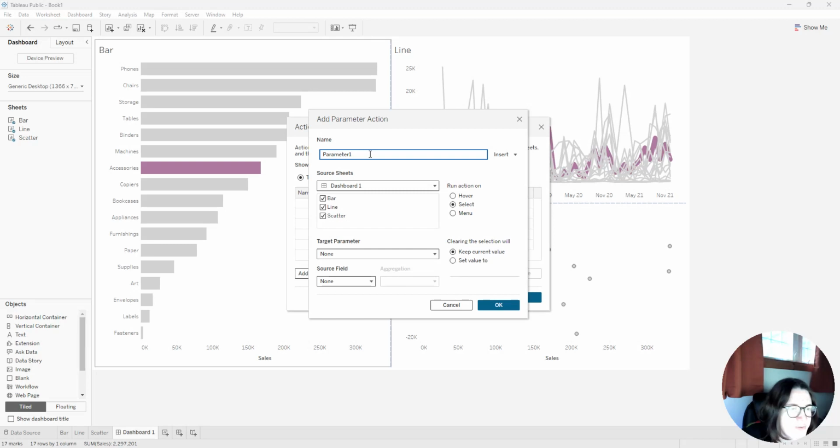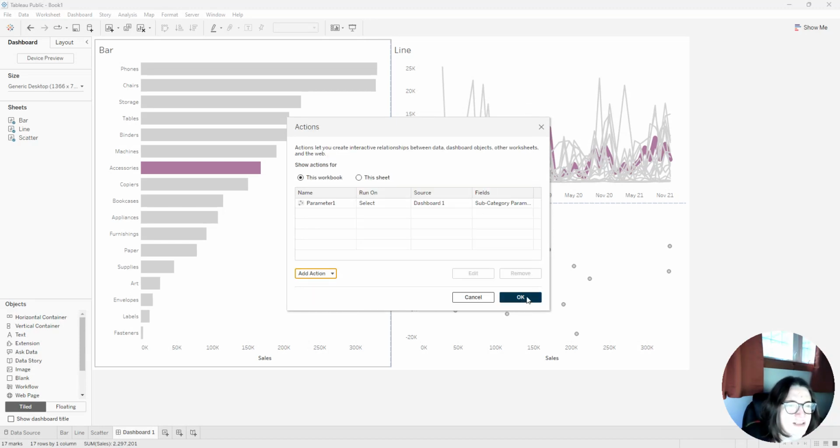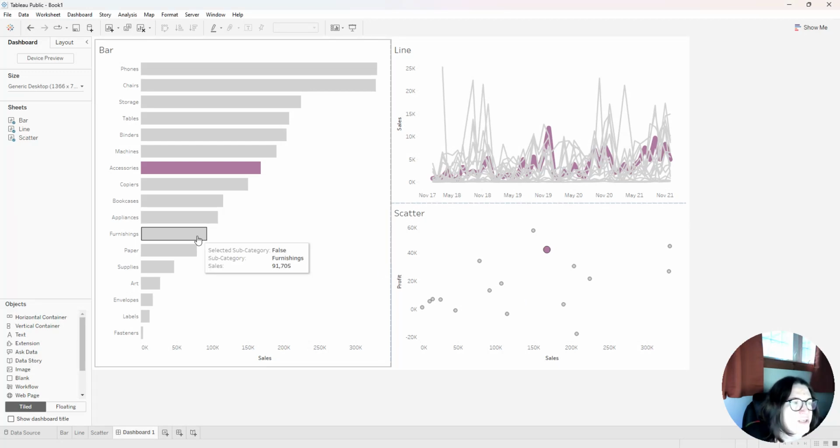I can't think of anything right now, but make sure that your bar, your line, and your scatter are all selected. Run action on select. And I'm going to check that subcategory parameter, and then I'm going to check the source field that it's pointing to, like the subcategory parameter is for the subcategory. And I'm going to keep the current value for clearing the selection. So once you add this and click OK, and then click OK again,